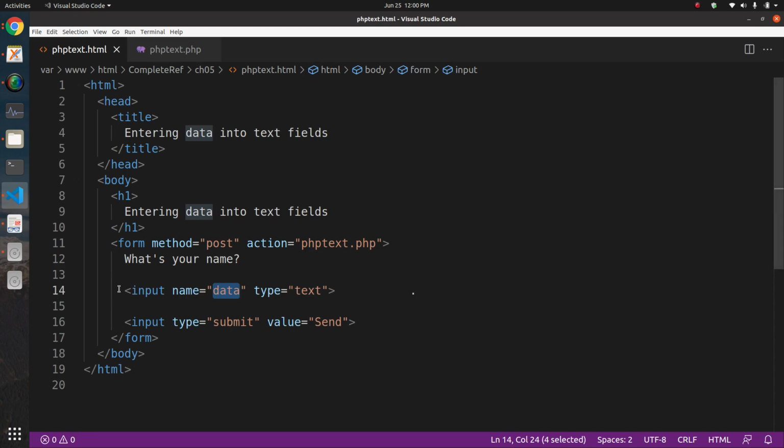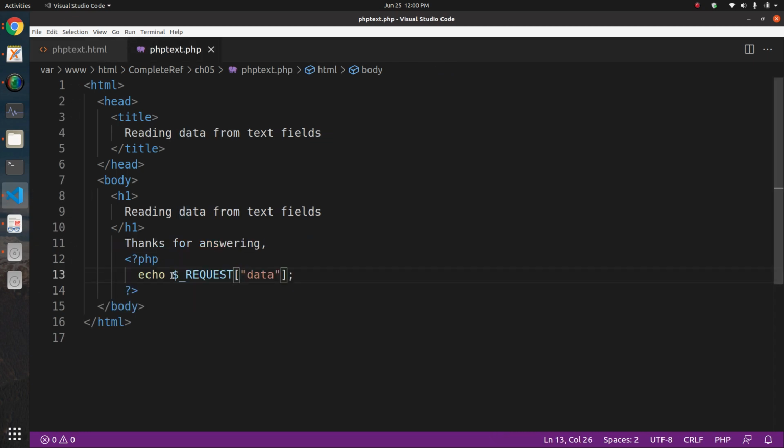So whatever data the input element has, you want to retrieve that in this file. So you will do just $_REQUEST and the name of the element whose data you want to retrieve. So this file is able to retrieve that data from the request array using the name of the input element. Okay,